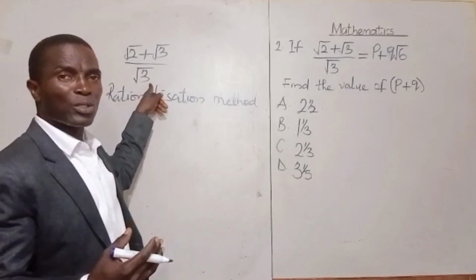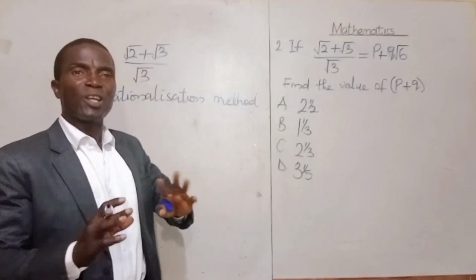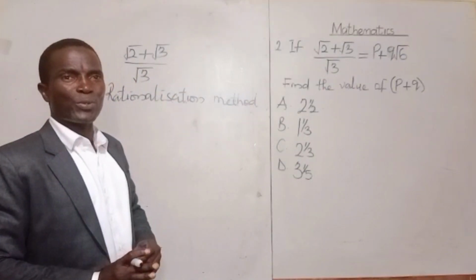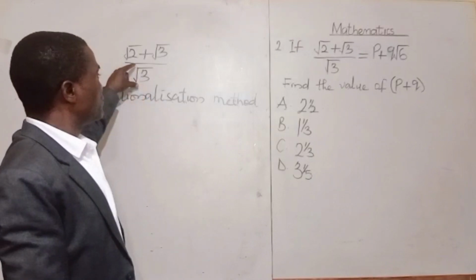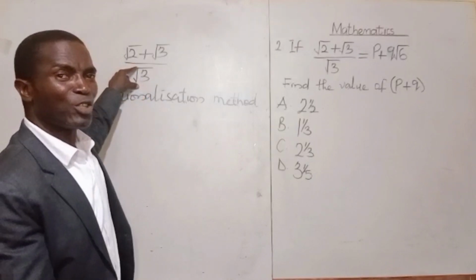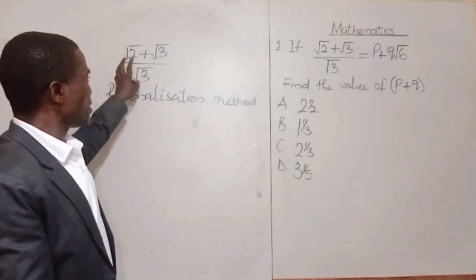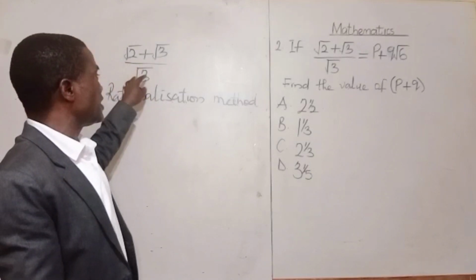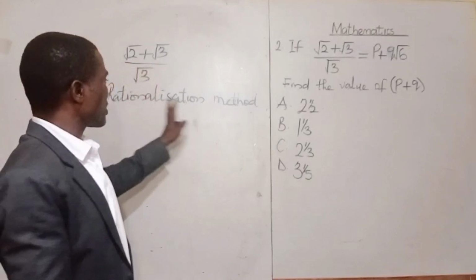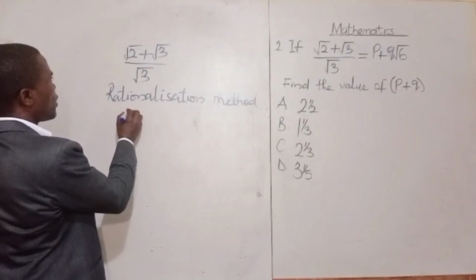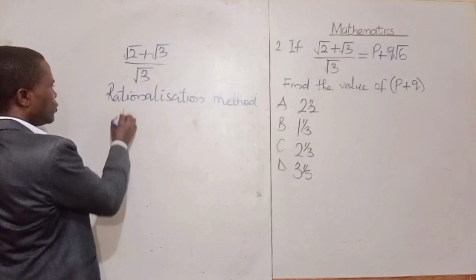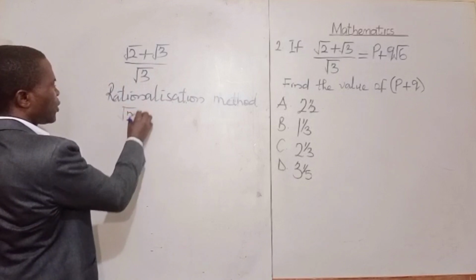We remove this, then we have an ordinary figure without the square root, because it is forbidden in mathematics to have a square root as the denominator like this. So the method we are going to use to eliminate the square root is the rationalization method. Now let's see how we can adopt it. We are going to have root 2 plus root 3